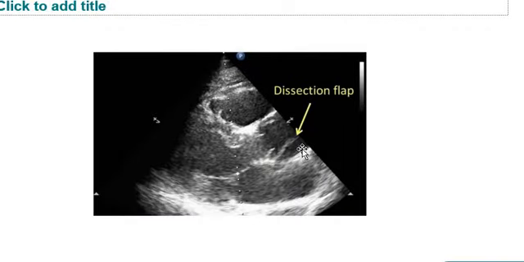So here also this is a plax view. We can see this is the right ventricle, this is the left ventricle, this is the left atrium, these are the two cusps of the aortic valve, and sometimes we can see some extra structures in the aortic root. This is nothing but the dissection flap. So this is a case of dissection of the aorta, which is more easily visualized in the suprasternal view. When you go to the suprasternal view, you can easily see how the aortic dissection looks.